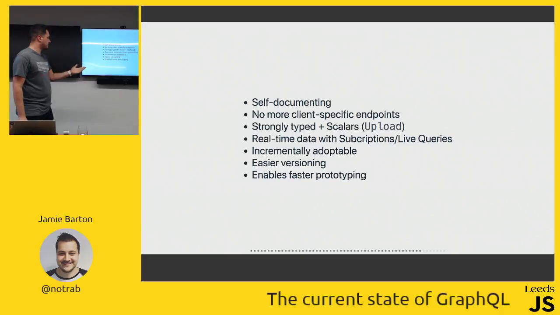And then it's incrementally adoptable. I think it's easier to version. It sort of is, sort of isn't. You can kind of just keep adding stuff and then deprecating it and pass warnings through. But yeah, the versioning's kind of a bit weird. I see people putting it on /v2/GraphQL, /v3/GraphQL, or some people just keep adding more to their resolver types and their query types, and that kind of leads to a few issues. And then I think it enables faster prototyping, but